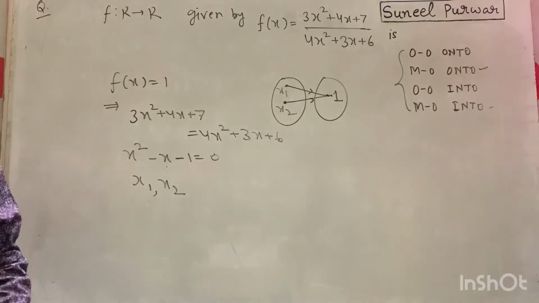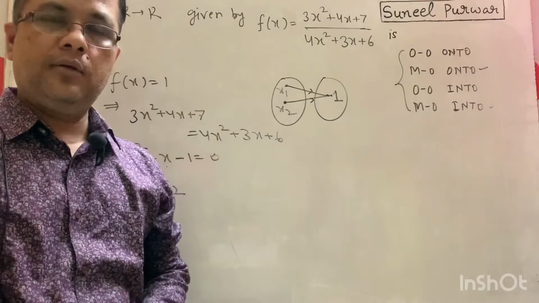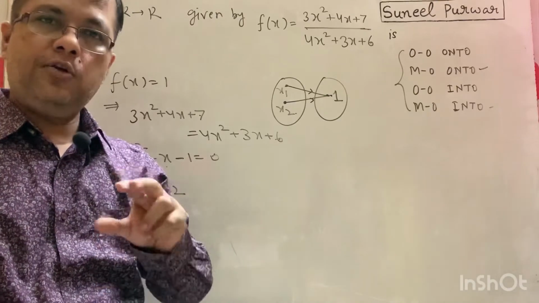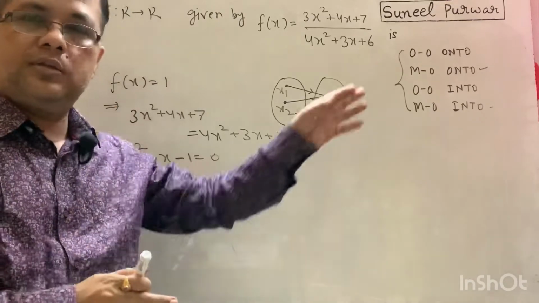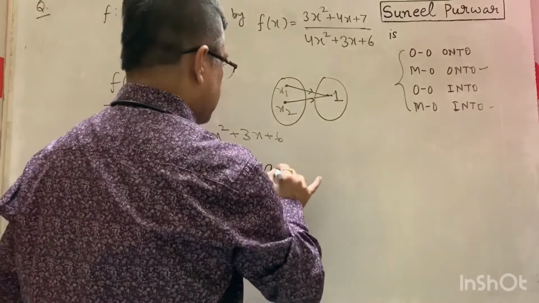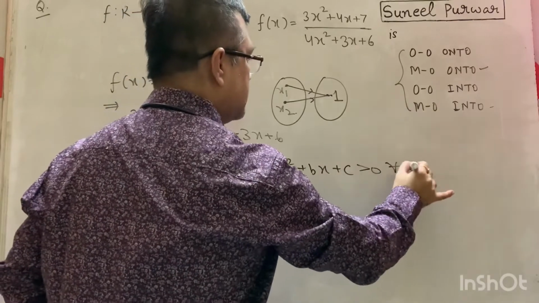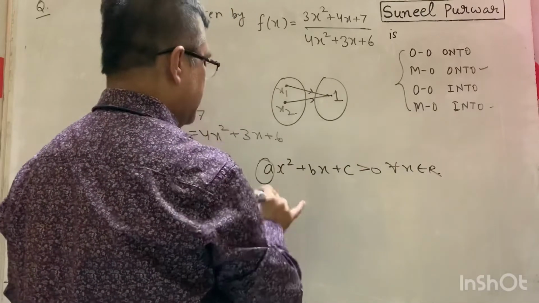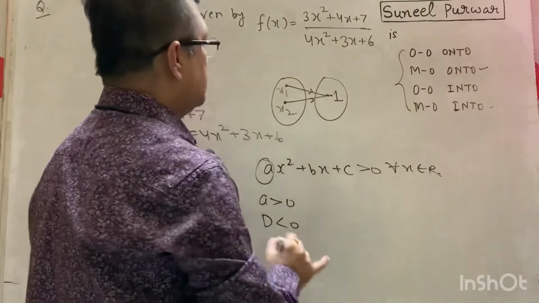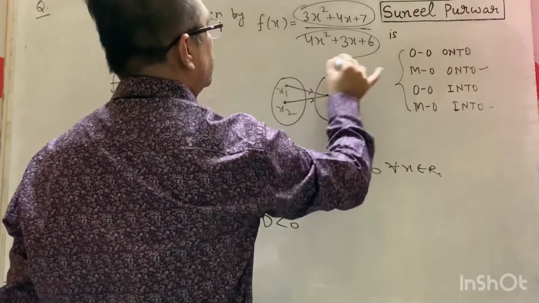Now you see here, this question is testing your knowledge of quadratic, okay, and having the knowledge is not sufficient, okay. Are you able to strike that knowledge straight away to solve this question? That knowledge is ax square plus bx plus c is positive for all x if coefficient of x square is positive and the discriminant is negative. So that is precisely the case with the numerator as well as denominator.